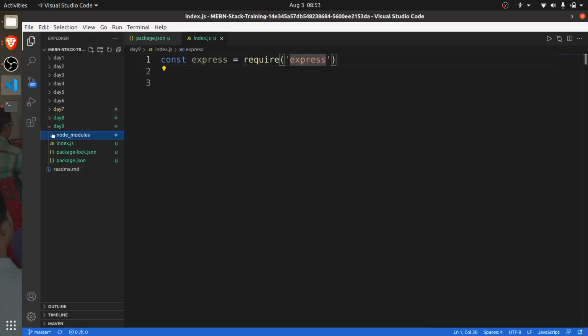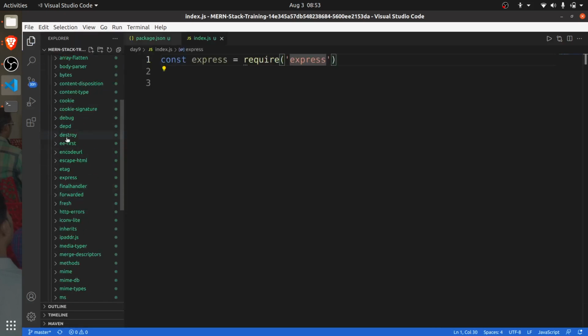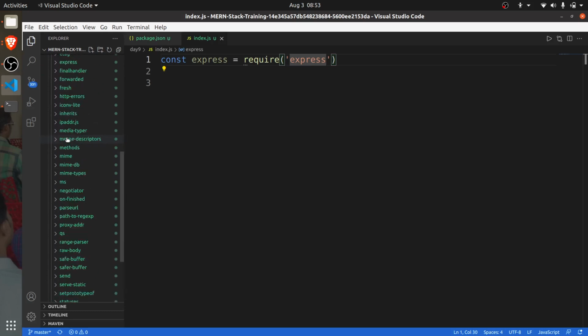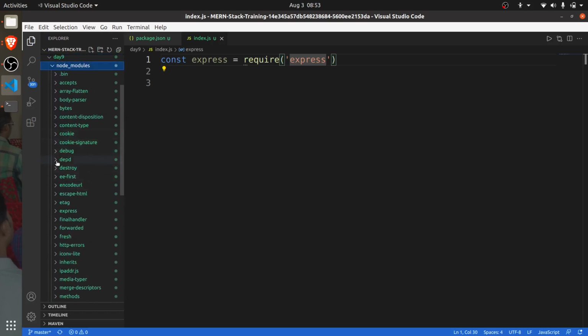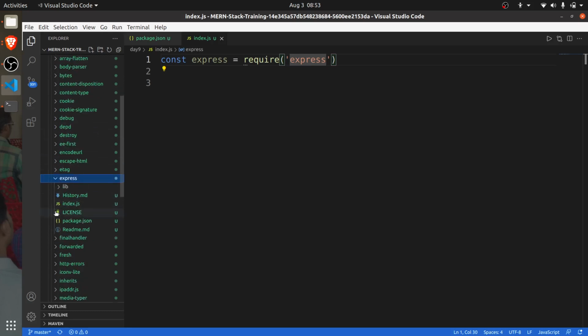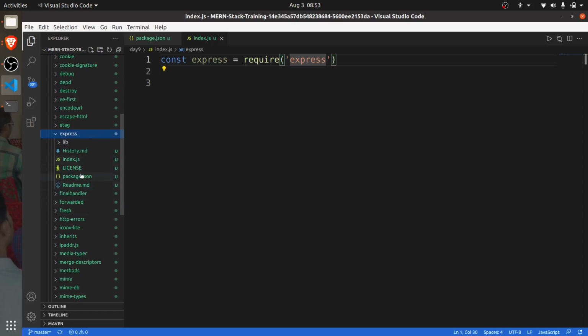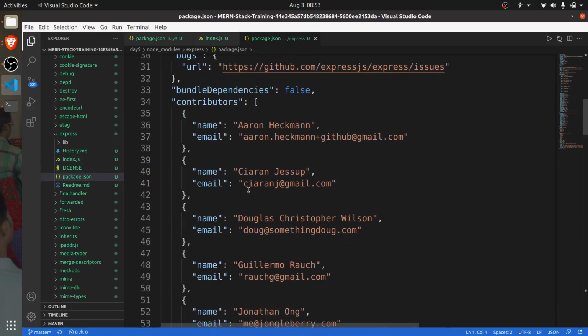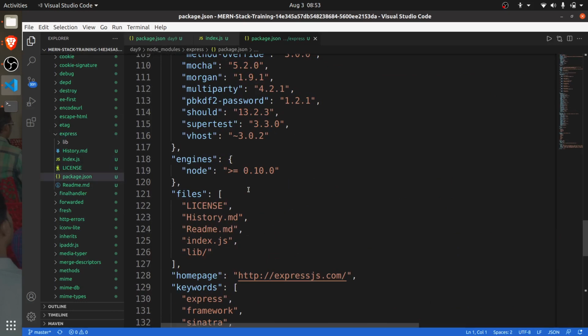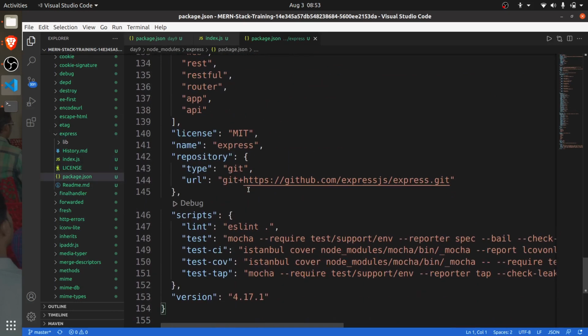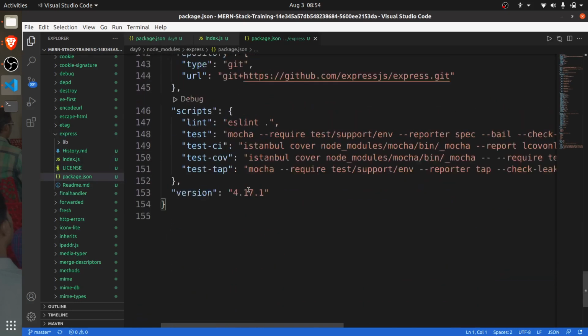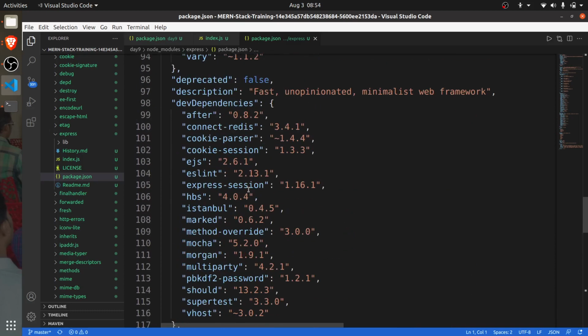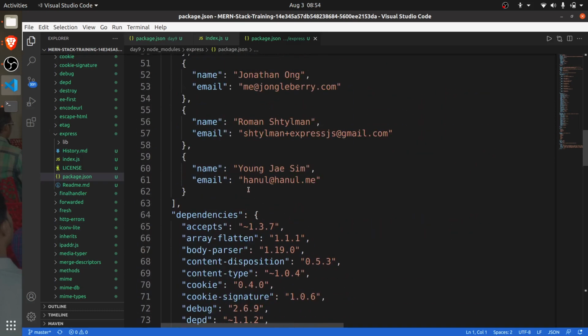Now if you go here, express.js, yeah, this is that module, and see here index.js. If you go to the package.json, you might get that main over here also.